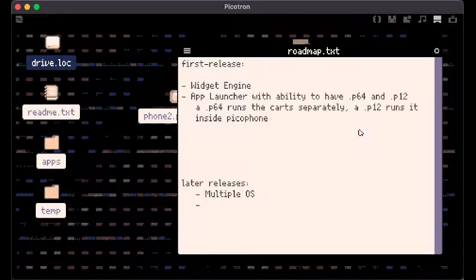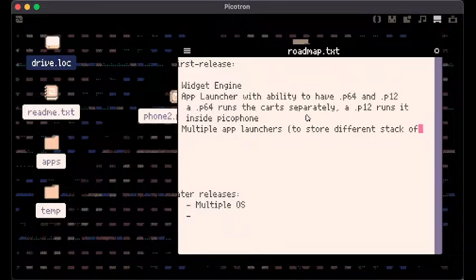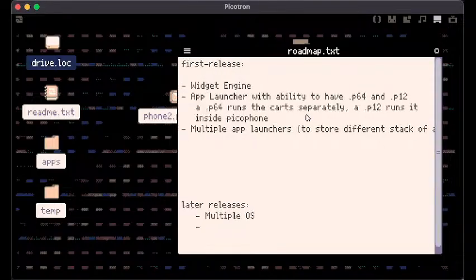I want to have more app launchers, but I don't know if I'm gonna do this in the first version or in later ones. Okay, so I want this stuff in the first release, then